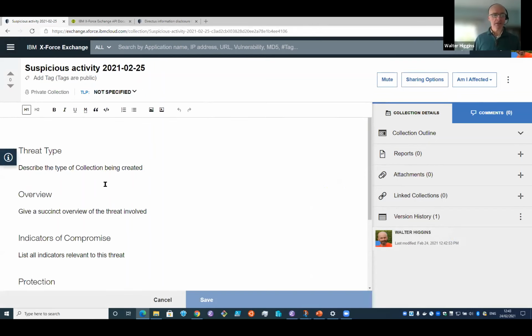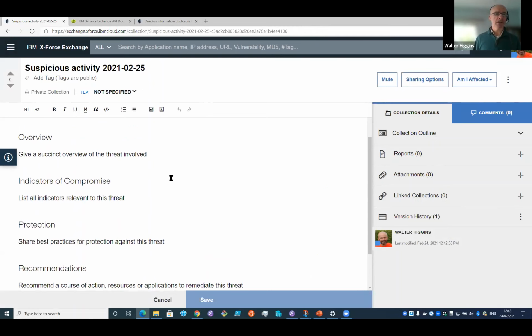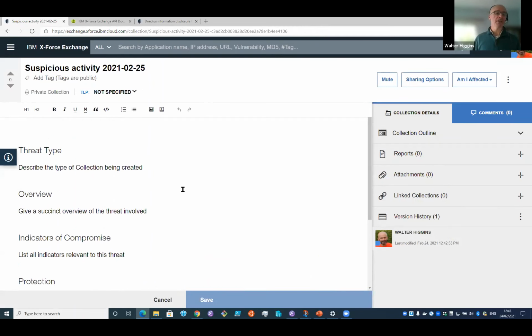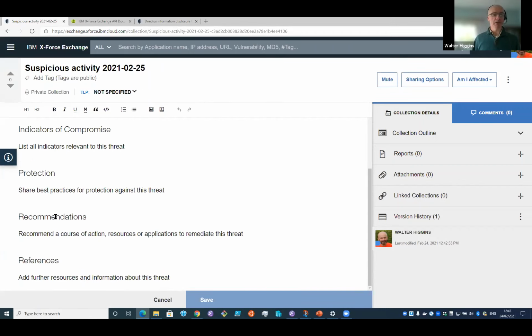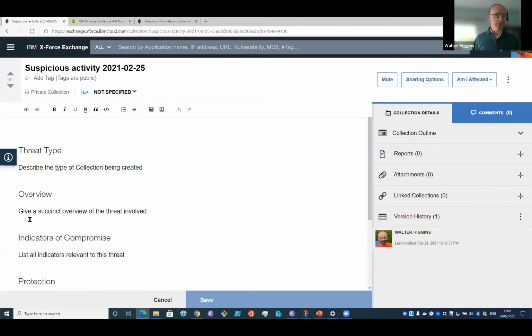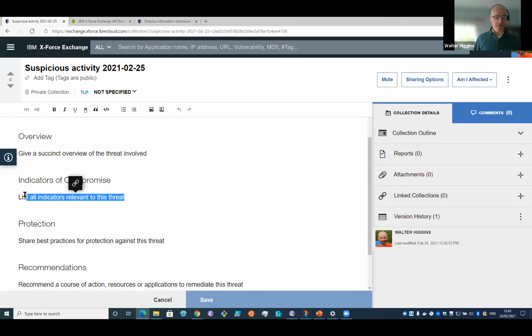I can edit this. You can see here, there's a number of different headings that are provided for us. This is a template really for a new threat, and it's just guidance really. It specifies a number of different headings like the threat type, the overview, indicators of compromise, recommendations, and so on. I don't have to fill in all of these, obviously, but what I'm going to do here is I'm just going to start typing